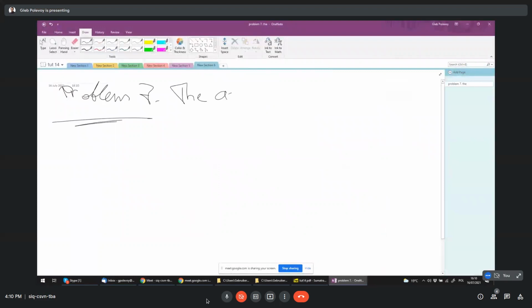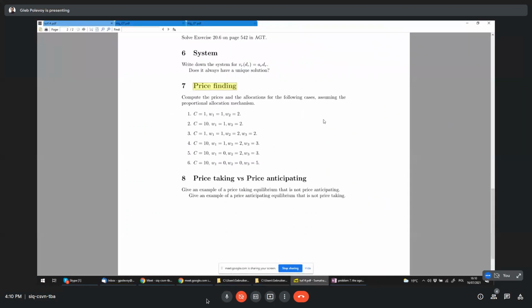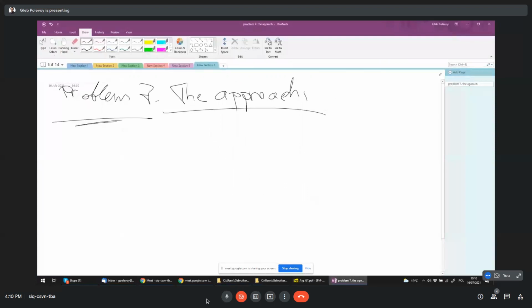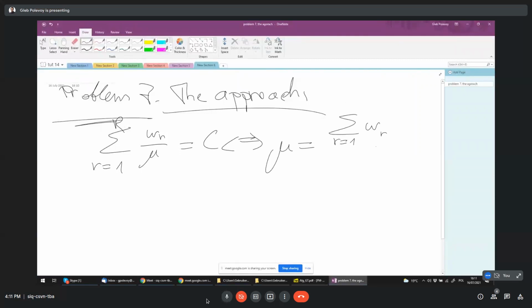So the approach, how do we solve it? First, the sum of WR divided by the price, WR divided by the price, somehow it's mu, is equal to the C. Basically, that is if and only if mu is equal to the sum of WRs for the bids divided by C. And once we've done that,